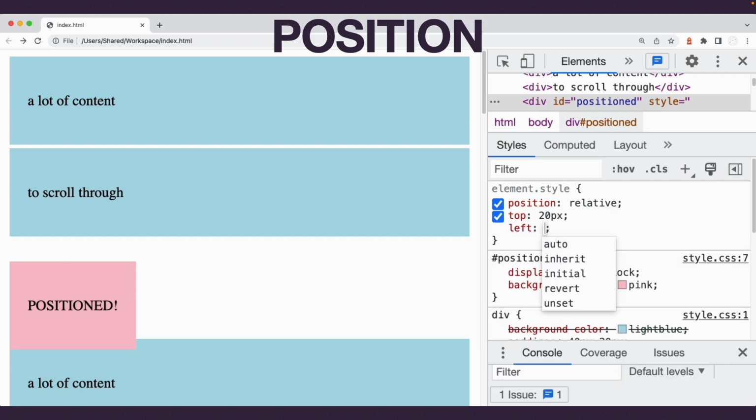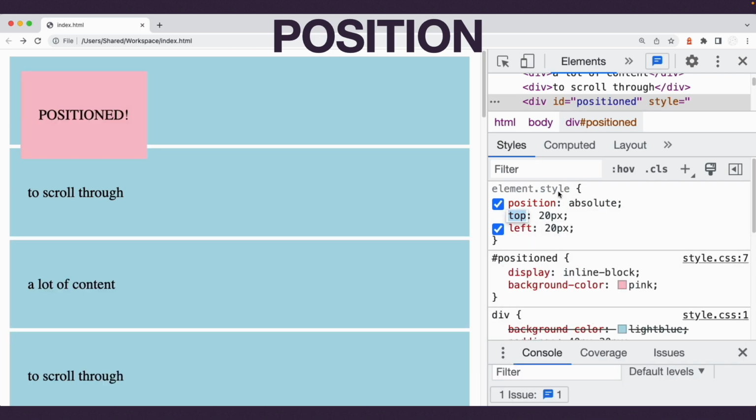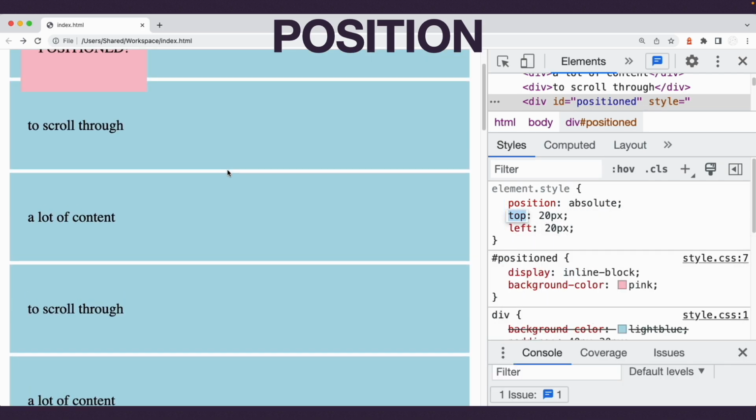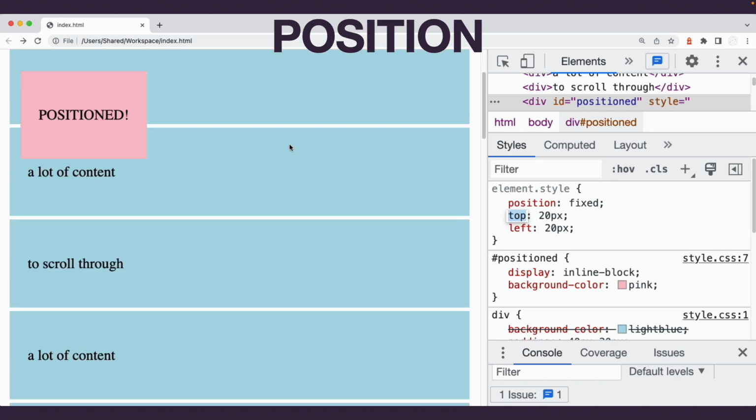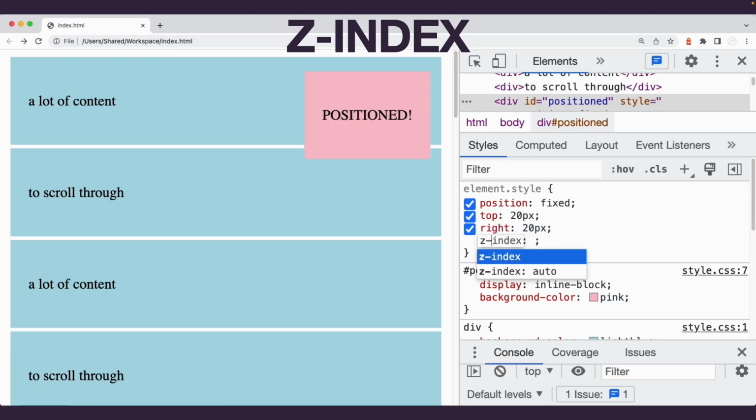Setting it to absolute gives it a position within the window regardless of where the parent element is placed. Or set it to fixed, which fixes it in the window so it comes with you when you scroll, regardless of what's on the page. When you do this, you'll get elements that overlap, so you can use the z-index property to set the layers